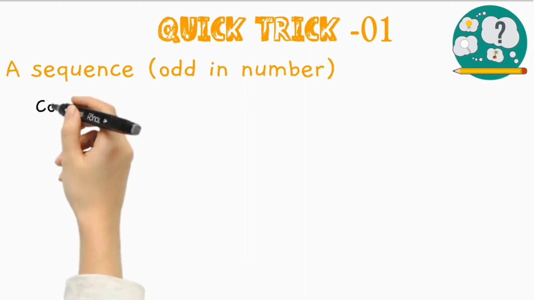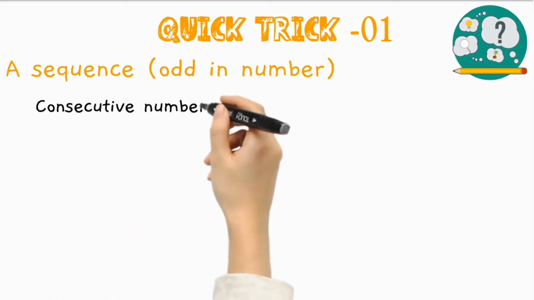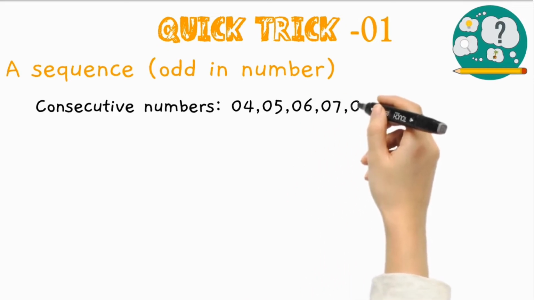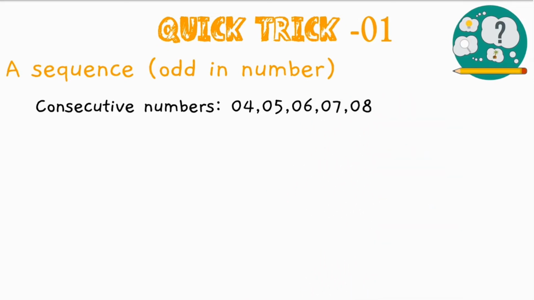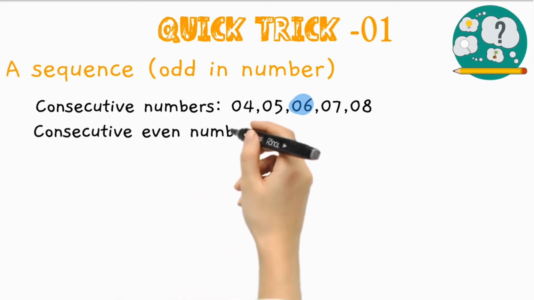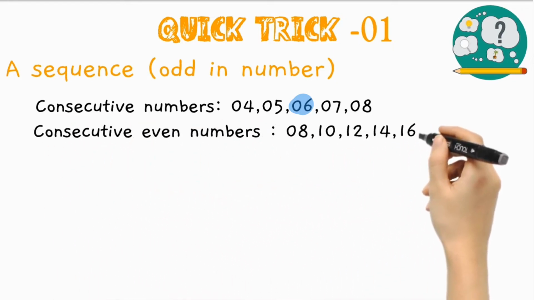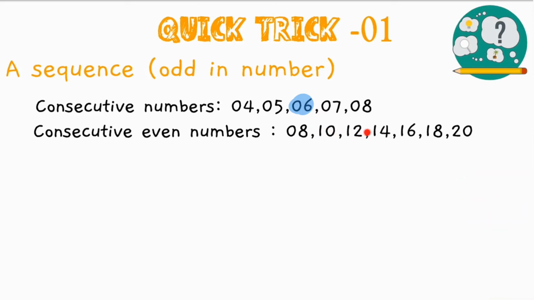Consider a set of 5 consecutive numbers starting with 4. 4, 5, 6, 7, and 8. The average of this set is equal to 6, which is the middle number. Next, consider a set of 7 even consecutive numbers starting from 8. The numbers in the sequence are 8, 10, 12, 14, 16, 18, and 20, and their average value is 14,